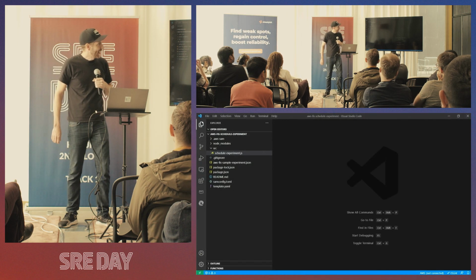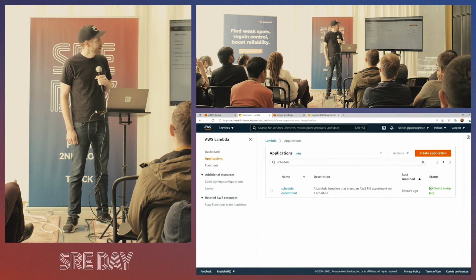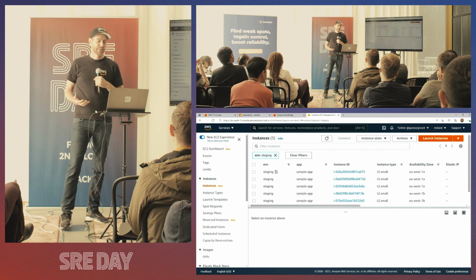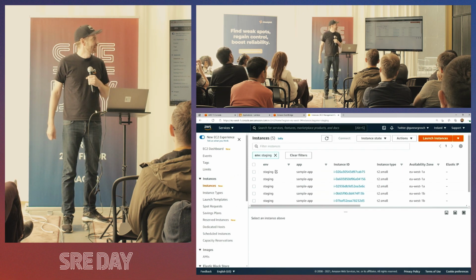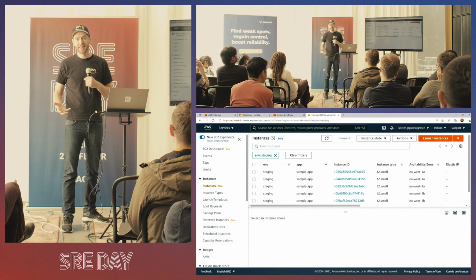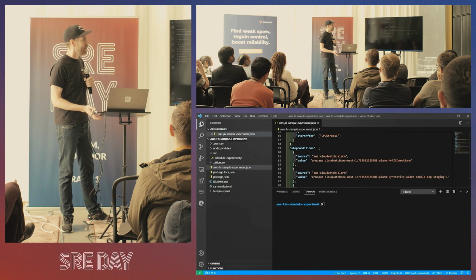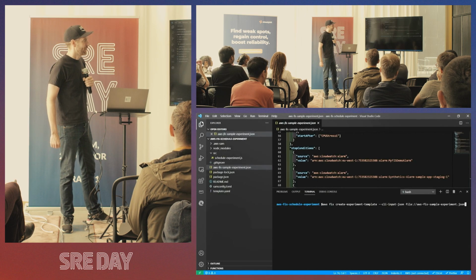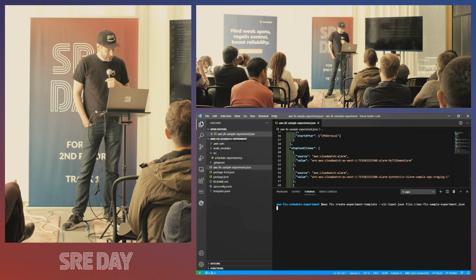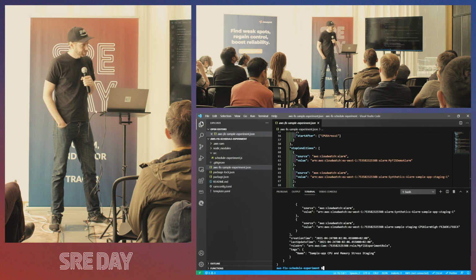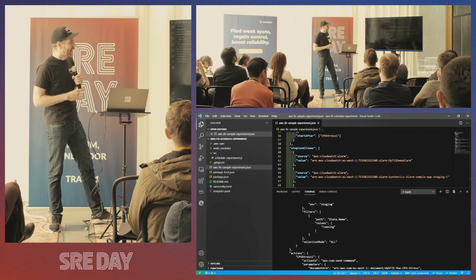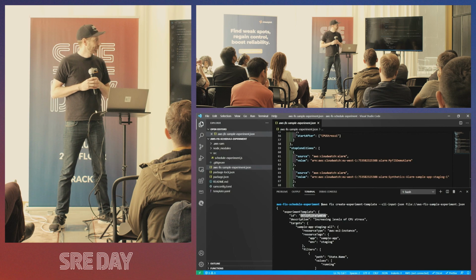With that simple scheduler in place, I can then run my experiment towards my, in this case, EC2 instances running in the application using the experiment template that I've created. Let's just create an experiment template to begin with using the AWS CLI. With that, I'm getting an output, an ID of my experiment template.